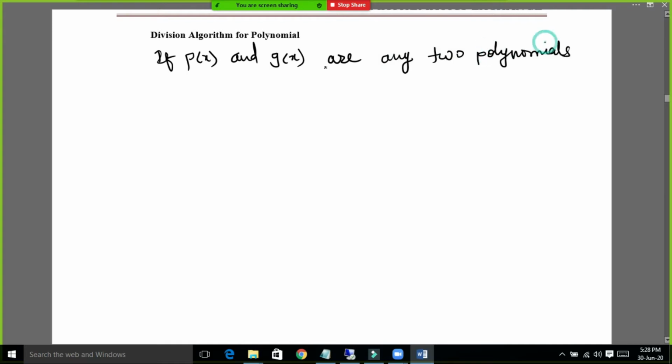suppose we consider the two polynomials, that is p of x and g of x. Obviously for division we have to consider these two polynomials because one of them is the dividend and one of them is the divisor. So if p of x and g of x are any two polynomials with g of x not equal to 0, g of x can never be 0, then we can find